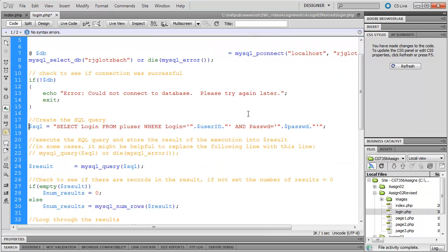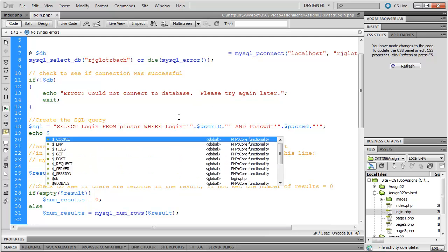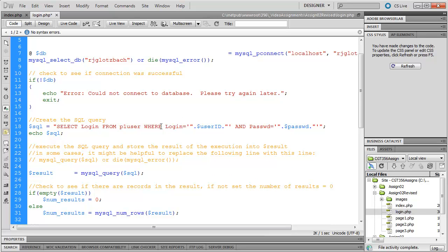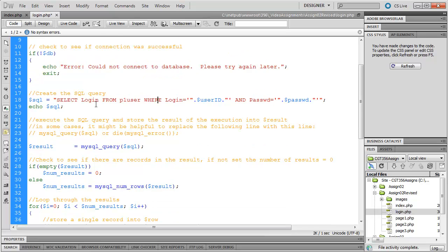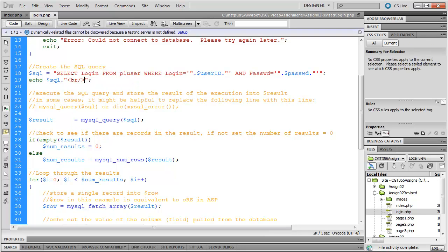Now what we have is a select statement that will return either one record or 0 records, because we are selecting based on the primary key, which is login. So if that does not exist, you'll get 0. If it does exist, then you'll get 1 record. I'm going to echo that SQL statement out just so we can look at it, and I'm going to add a line break onto it. I'll save that, push it up,